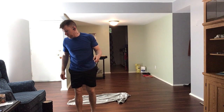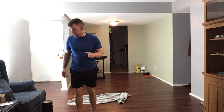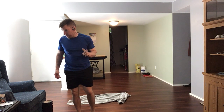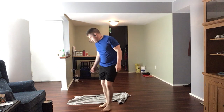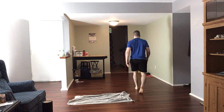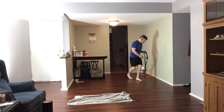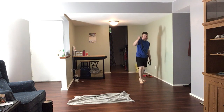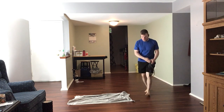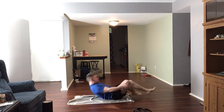Alright, next will be the bent knee hamstring stretch, and then the hip flexor stretch, the half kneeling. So bent knee, hip flexor stretch. I'm also going to grab, for the last exercise that we're going to do, a band. And when I grab a band, we're going to need a band or a wall, really. So hip flexor, or excuse me,